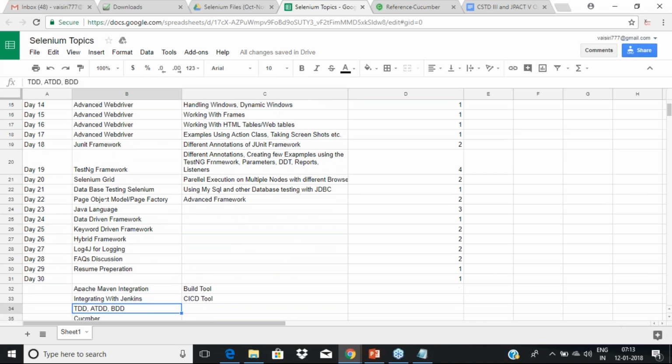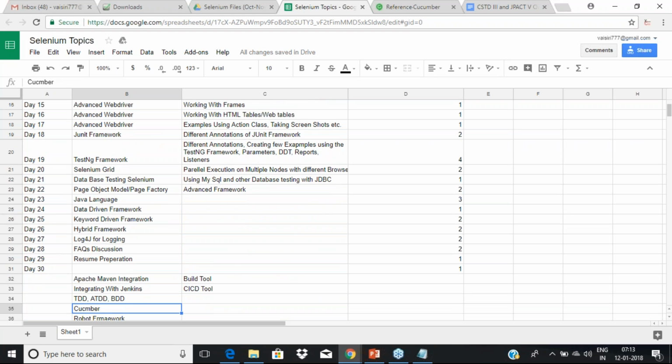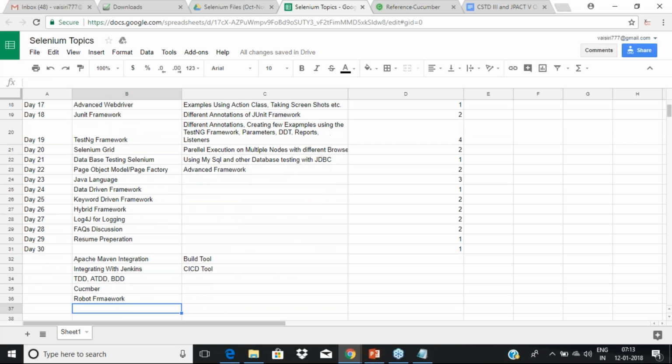But I told you that won't be sufficient unless you understand Apache Maven, Jenkins, test-driven development, acceptance test-driven development, and behavior-driven development like Cucumber, and Robot Framework. This is basically the CI/CD tool, and this is the build tool. So this is a holistic picture of what you're going to learn,